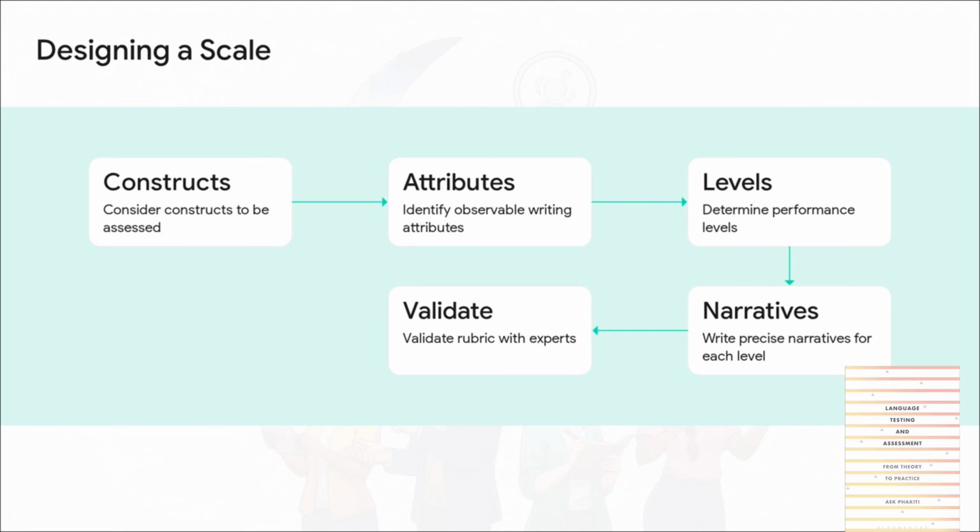Quick question on that. Why is the narrative step so important? Great question. Precise narratives prevent raters from guessing. You need a written description that clearly separates a 4 from a 3 so that any trained rater arrives at the exact same score. And that leads to the final step. You absolutely must validate this rubric with colleagues or experts to ensure high-quality measurement before you ever use it on